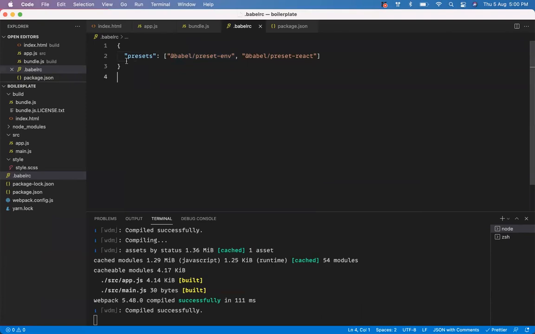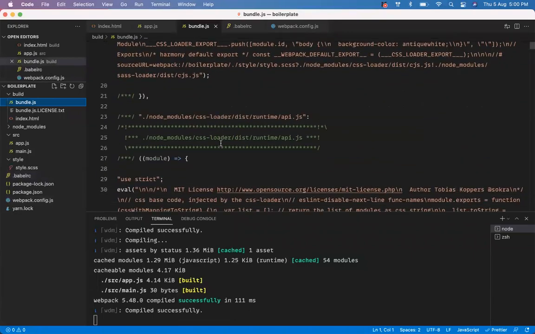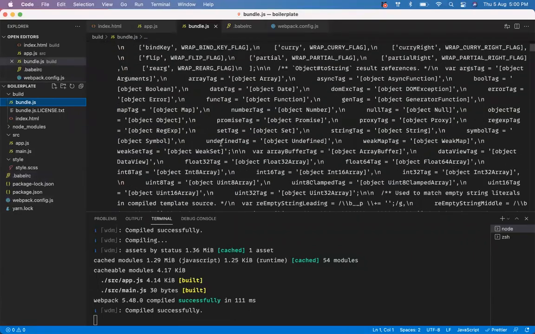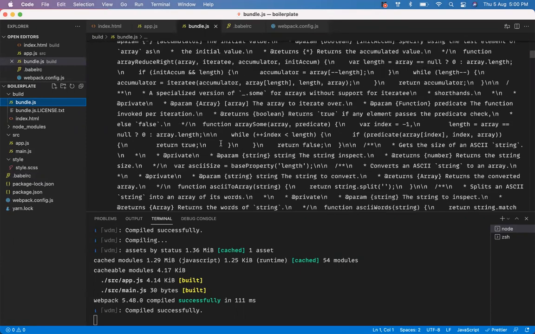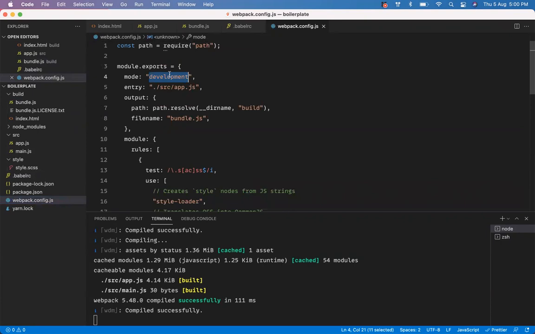So now the next thing is looking at the difference between production build and development build. If you look at your Webpack setup and your bundle.js file, you see that the file has a lot of white spaces and everything, right? What if in your Webpack config you change from development to production and see what difference happens here. So right now I'm changing the file name, just for you to understand the difference between them.